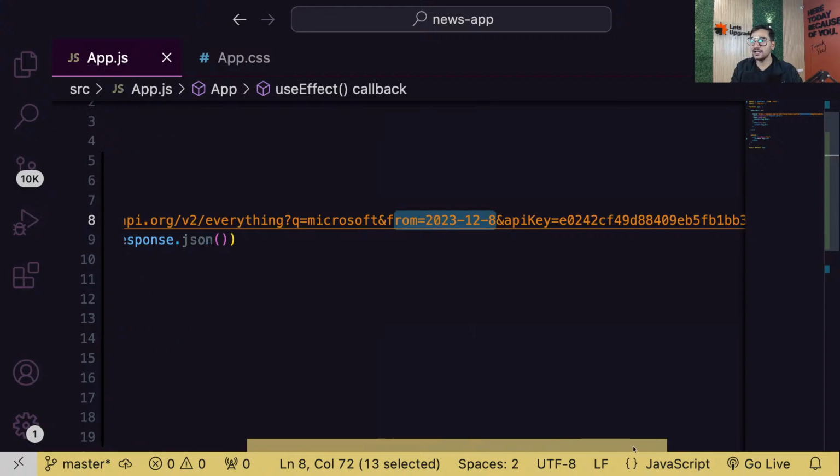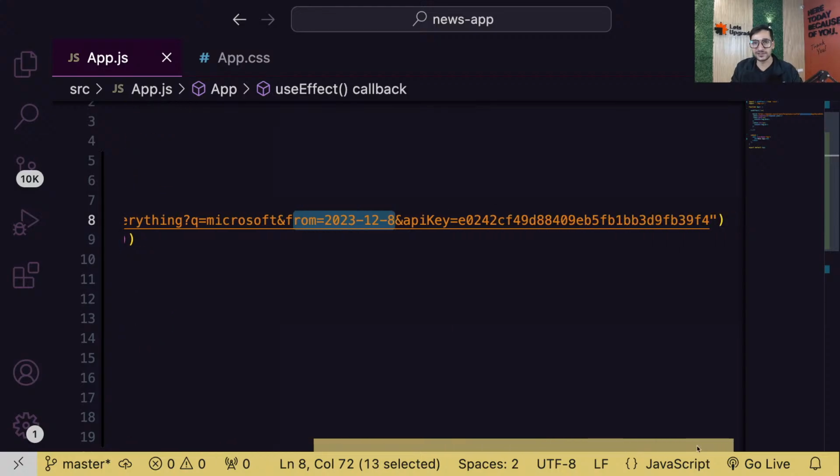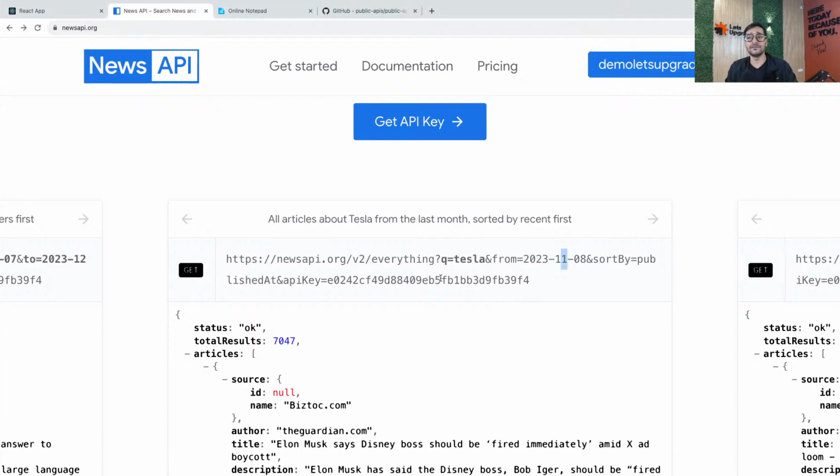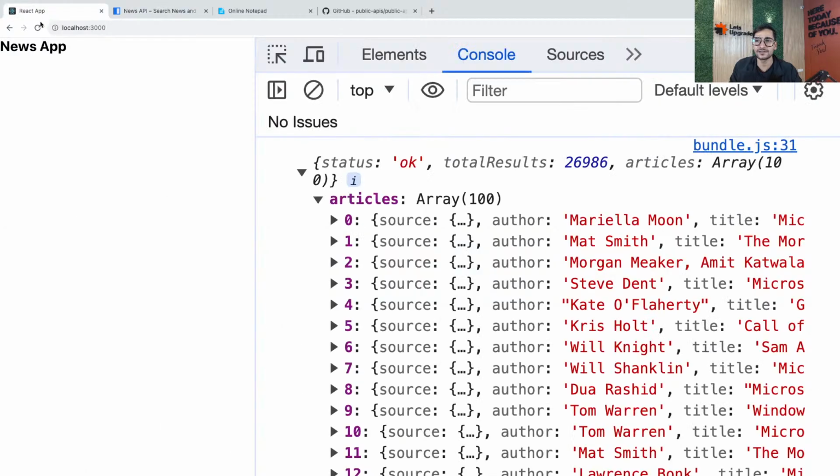Okay. And the API key. Don't forget the API key. Always don't forget the API key. And that's it, guys. Now we should only get today's news related to Microsoft. And that is my app. I only show today's news. That's all. Now, if needed, guys, you can also give an option to the user, that okay, which date you want. So you can give an input field, there you can select the date and then it will work. But that's fine. For now, let's just do this.